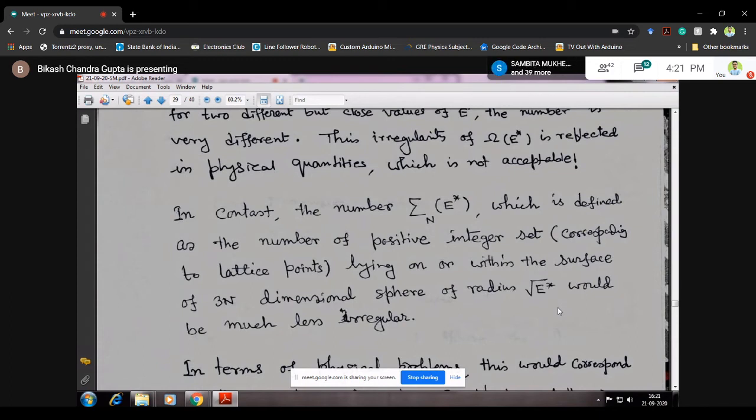পুরো স্ফিয়ারটাকে, মানে আমি বলছি যে আমি এখন যে কোয়ান্টিটিটা কনসিডার করতে যাচ্ছি, যেটা আমি আগে বোঝাচ্ছিলাম, পুরো স্ফিয়ারের মধ্যে যতগুলো পজিটিভ সেট অফ কোঅর্ডিনেটস আছে, আপ টু ই স্টার স্কোয়ার রুট অফ ই স্টার পর্যন্ত যতগুলো ইন্টিজার কোঅর্ডিনেট আছে, আমি সেইগুলো সব কটাকে কাউন্ট করব। তার মানে হাইপারস্ফিয়ার অফ রেডিয়াস স্কোয়ার রুট অফ ই-র মধ্যে যতগুলো পজিটিভ ইন্টিজার কোঅর্ডিনেট আছে, সব কটাকেই আমি কাউন্ট করব। তার মানে আই এম ট্রাইং টু কাউন্ট দ্য